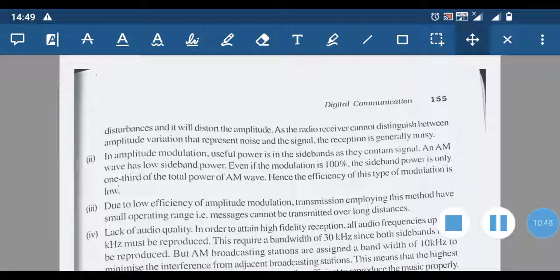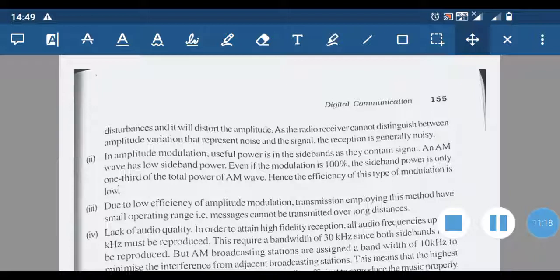Here in the case of AM modulation, always the amplitude of the carrier is changed. So all the disturbances from the outside can also vary the amplitude of the carrier wave, and that is also transported as part of the modulation. So along with the signal, the disturbance produced by the noises from outside is also carried by the AM wave. So that is one of the disadvantages, or limitations, of AM.